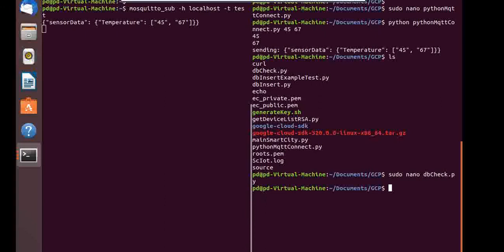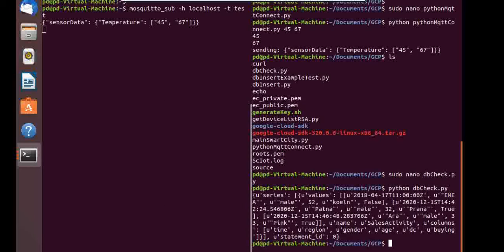So first let's run this program, dbcheck.py, and you can see three values are already there. I will try to insert a new value, like 32, 52, 32, and something like 33 is already there, and I will insert a new value in this.